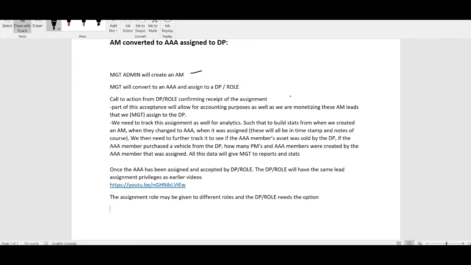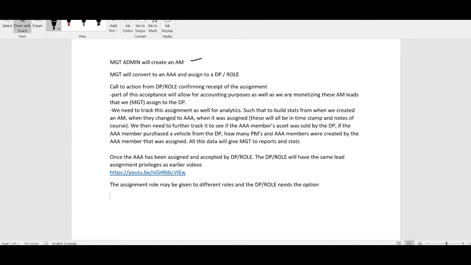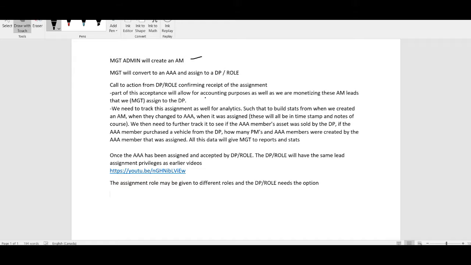If I'm the assigning MGT admin person who's given it to a specific DP, I need to know that they've accepted the deal. The reason is that part of it is for accounting purposes. Number one, I need to know that they've accepted that person because, as MGT, if I've discussed with them about a specific dealer, I want to know that the dealer is fully prepared to accept the responsibility